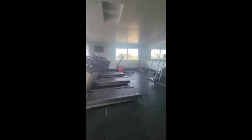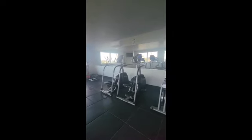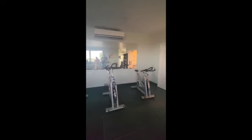And then if you go into this space is where your cardio equipment is. It's pretty cool in here, temperature wise. Looks like they have TVs. I haven't really tried them out. We got some more bikes and equipment,